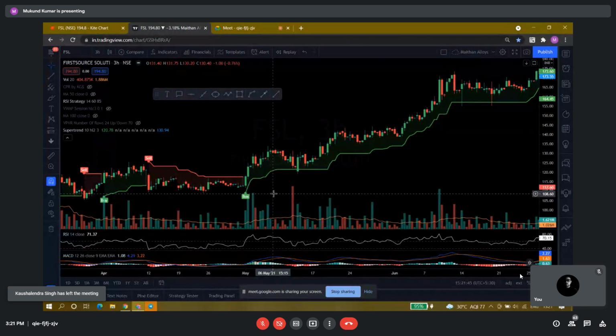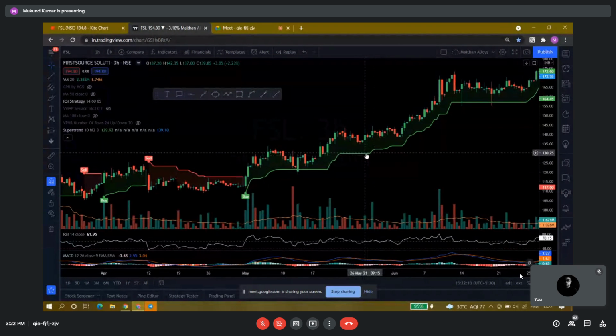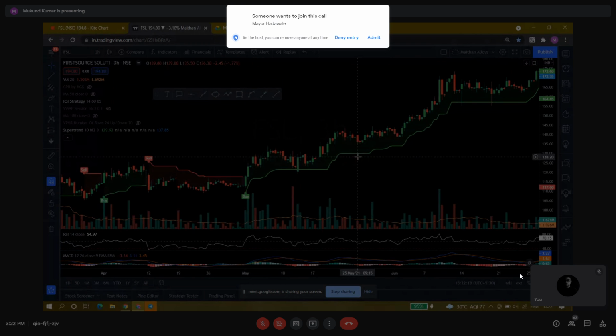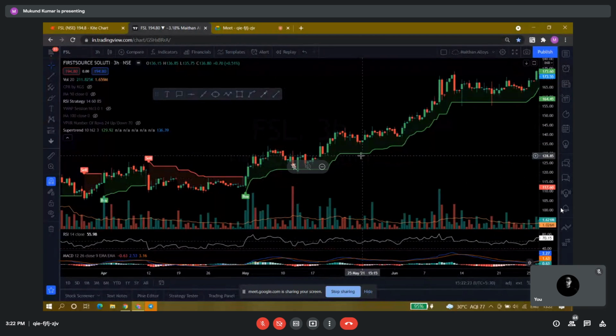Because stop loss is not a constant now. It is just changing in real time, and I can't be at the chart all the time finding where I should take an exit. So for those who cannot stay with the chart continuously, whenever you have time, 5 minutes or 10 minutes, and you see this trailing stop loss, you will simply trail your stop loss to this level, and you have to do nothing.